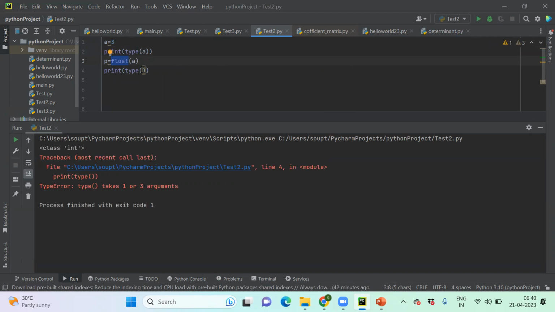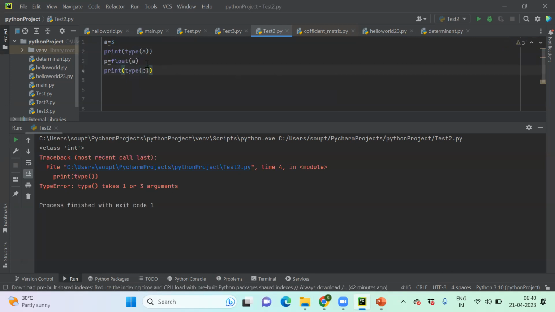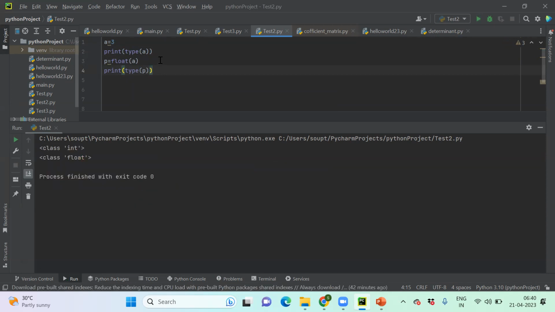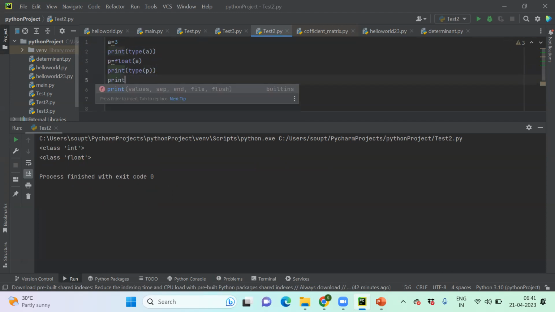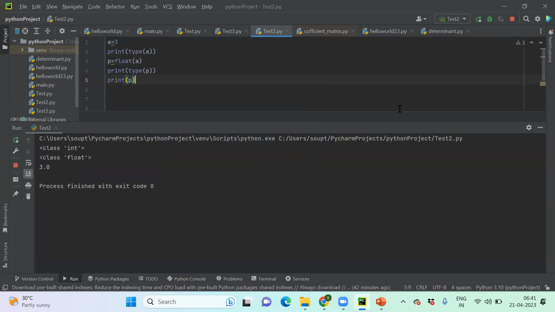What happens over here? Okay, I need to pass something. So this is fine. Let me run it. Over here you can see p is now containing the float data. Let me check what is the value of p. So it's not 3 anymore, it's 3.0. So something will be modified if we run it in this manner. Even if I put string,